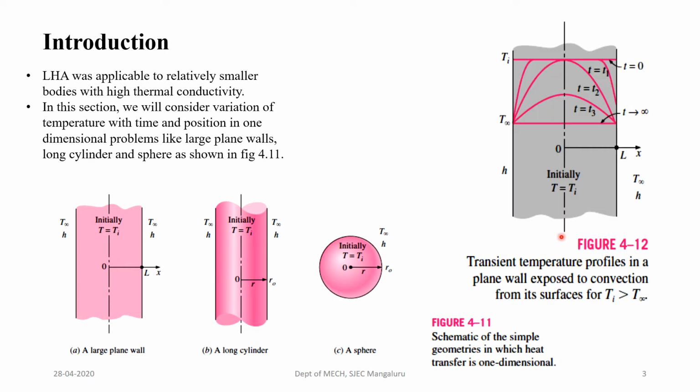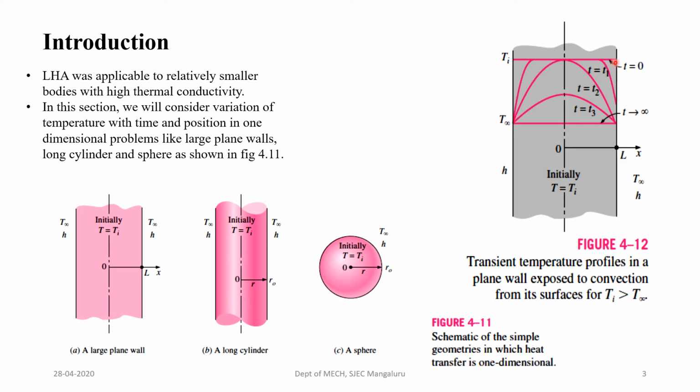Now consider the plane wall which is initially at temperature Ti, surrounded by a convective medium having heat transfer coefficient h and T infinity. So the temperature on either side is T infinity. Let us take Ti as the initial temperature. The first line represents Ti. The entire solid is at temperature Ti at time t equal to 0. That is the first line. Let us consider the last line as T infinity, the surrounding temperature. We make the assumption here that the initial temperature is greater than T infinity.